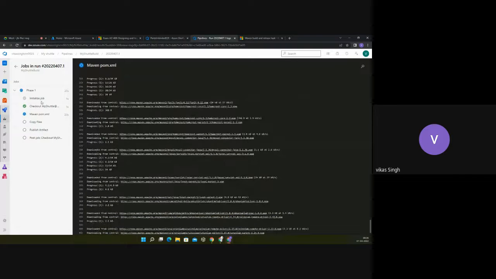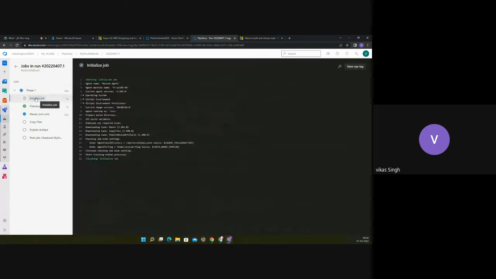First thing, initialization of a job. If you click on this initialization job, what will it do? It will get the agent first, then it will give you the agent name, the current agent version and all those things. So the first thing it will get is an agent, right? And then